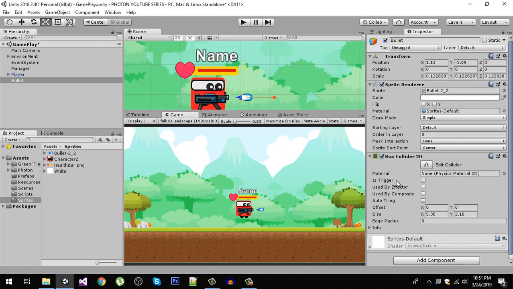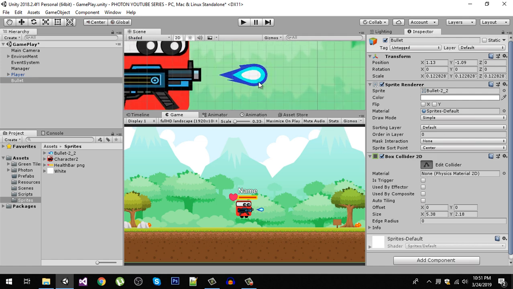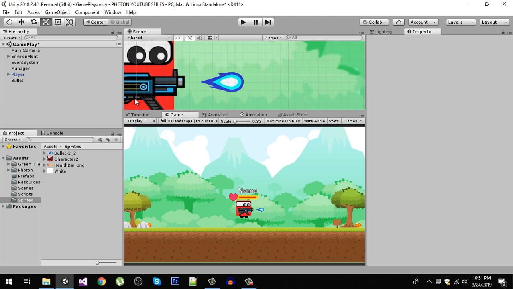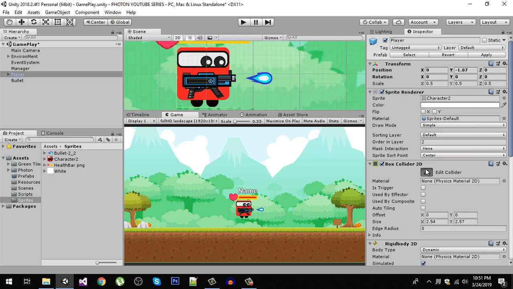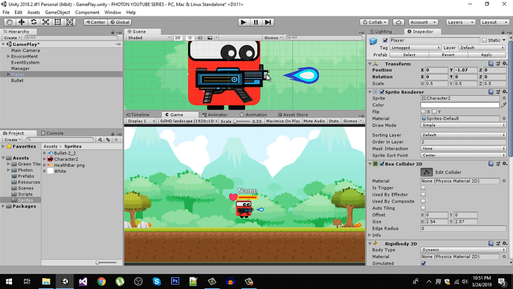And now we are going to have a spawn point for our bullet. So in the player, first of all make this collider like that,